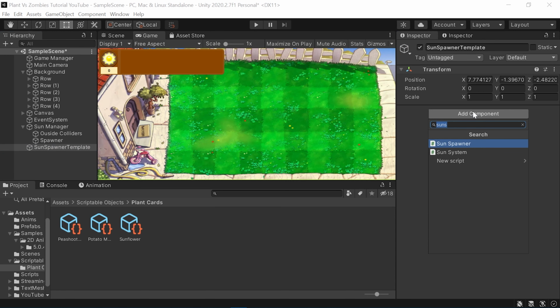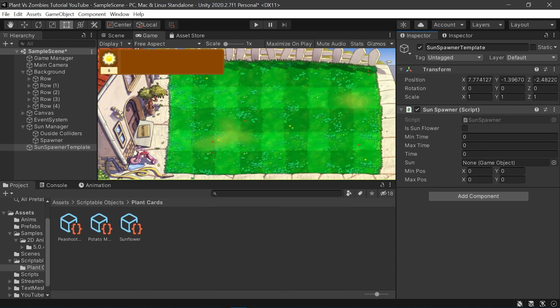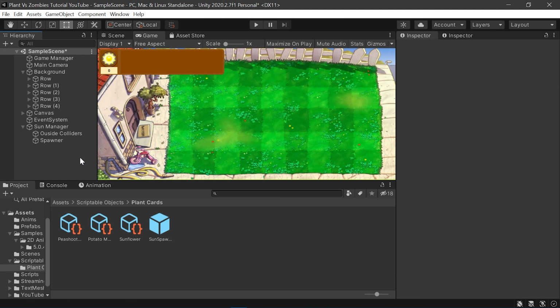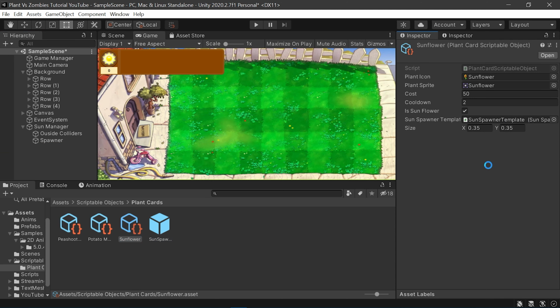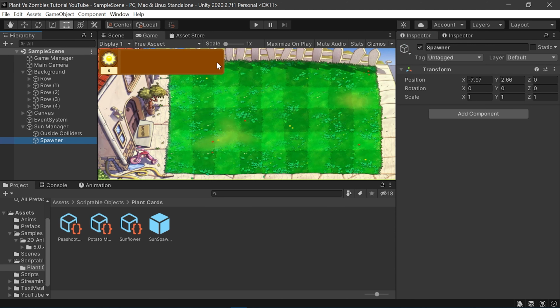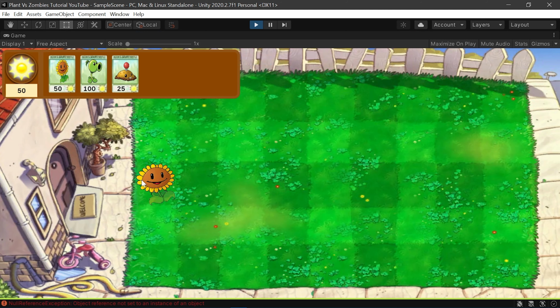Then let's just have the sun spawner system here. And in sunflower, the minimum time is 0. The maximum time is 15. To add some difficulty, you could just change it to your liking. But yeah. So now, what should happen is that if I do that,